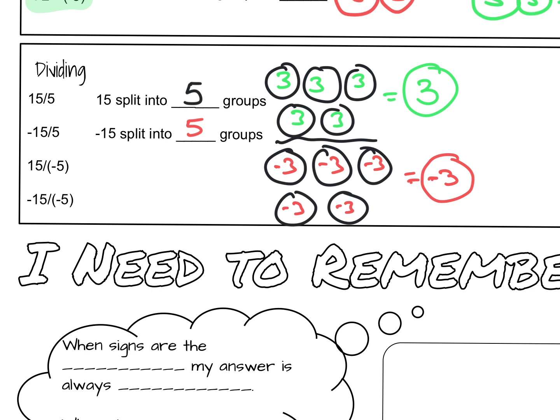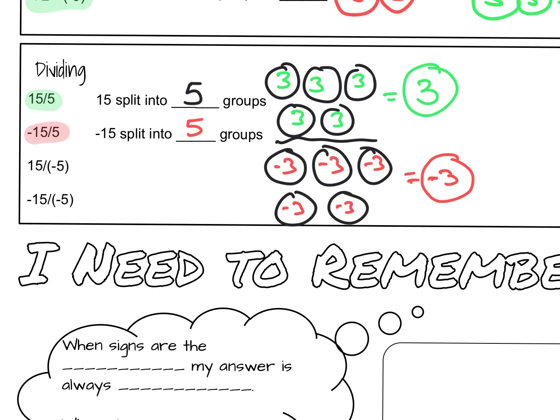So now I want you to make a prediction based on what we did on the top with multiplying. So once again, if we looked here, our 15 divided by 5 was a positive, but then our negative 15 divided by 5 was a negative. So what do you think that 15 divided by negative 5 would be if it follows the same patterns as multiplying? Hopefully you looked at it and you figured out that since it's one sign of each, a positive and a negative, that this one